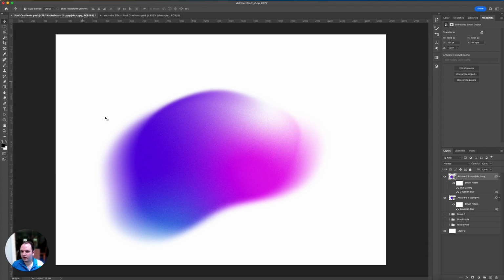Awesome. So now you can see there's really soft edges, but there's still some well-defined areas, the intersection there. You can see there's still a base shape here and there. And now you have a nice Soul-inspired gradient that you can apply to print or any type of graphic work you're doing. So just a quick, simple tutorial